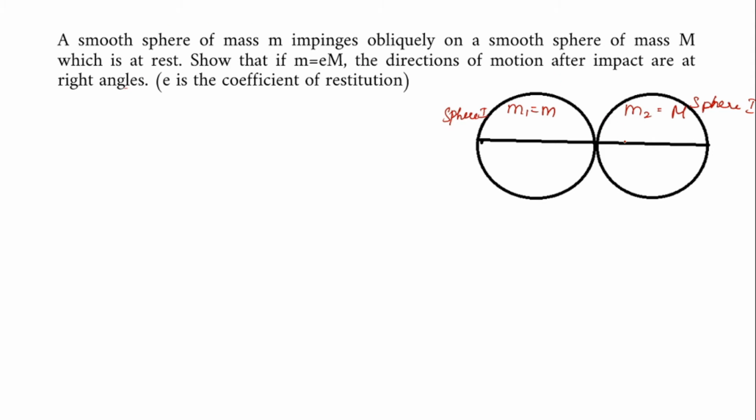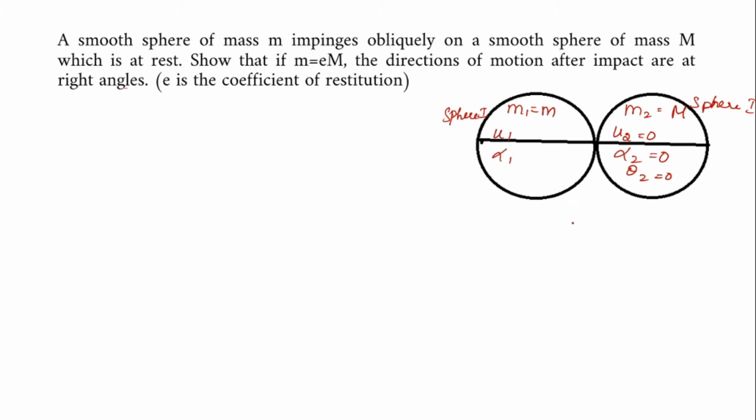When it is at rest, there won't be any initial velocity, right? So u2 will be 0. And since it is at rest, there is no angle, so alpha 2 is 0. And there won't be any final velocity angle either, so theta 2 is equal to 0. So u2 equals 0, alpha 2 is equal to 0, theta 2 is equal to 0. We have m1 is equal to m, and you have your u1 and alpha 1, because that sphere is moving. So you have your initial velocity u1 and alpha 1, the inclined angle.